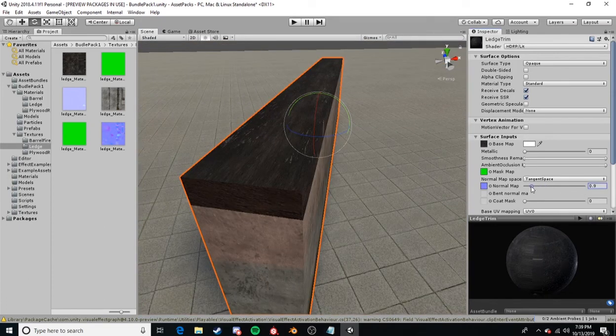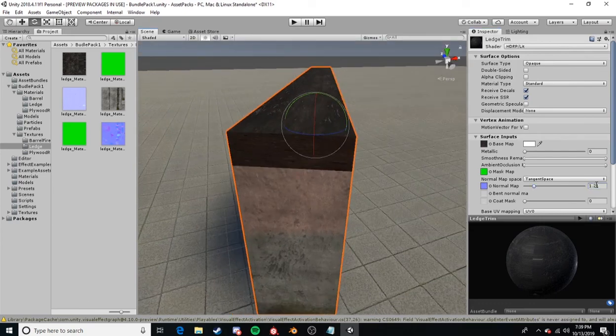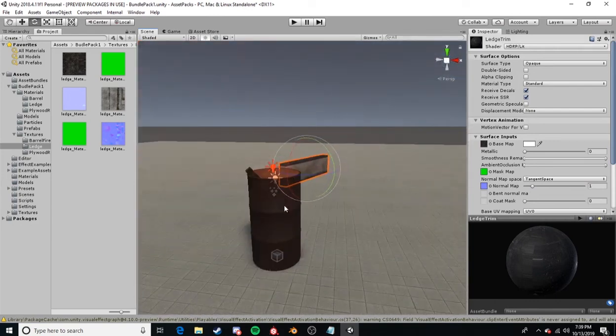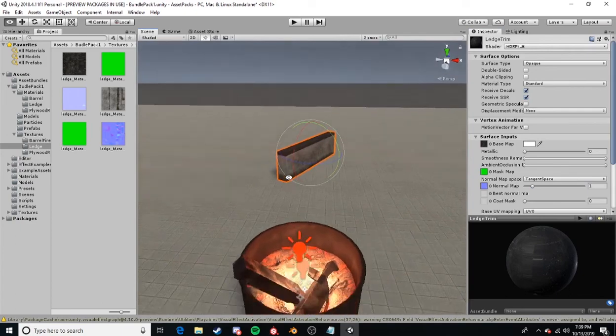We're just going to leave it nice and low at or near its default setting. And there you go, guys. That's a pretty good looking texture. You know, this kind of is another example of what can be achieved with this. We've got our barrel,